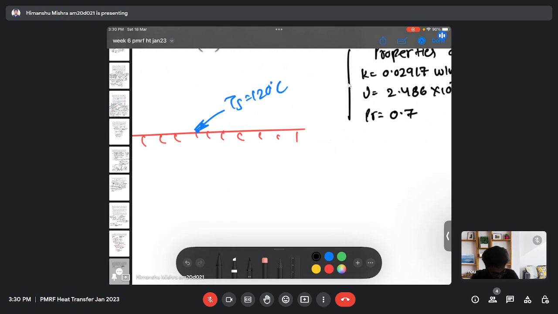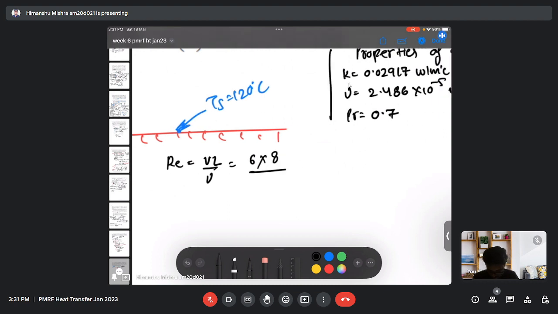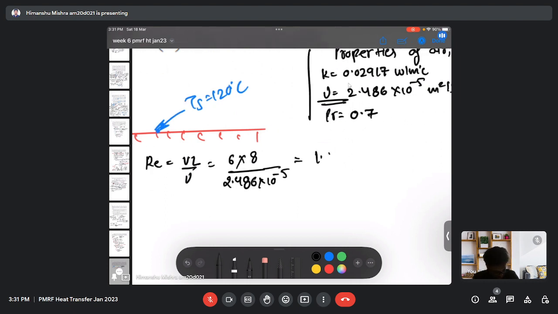So the Reynolds number will be, we have the velocity of 6 meter per second and length is 8 meter and the viscosity is 2.486 10 to the power minus 5. So our Reynolds number will be 1.93 10 to the power 6,